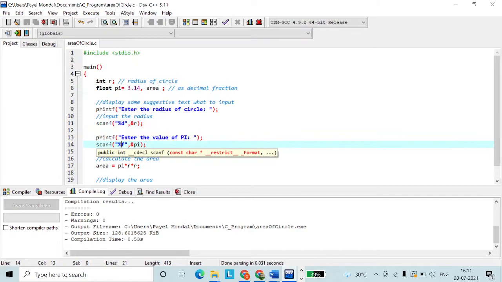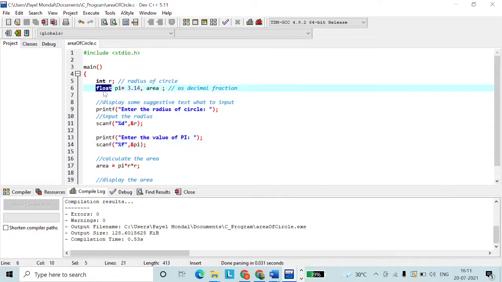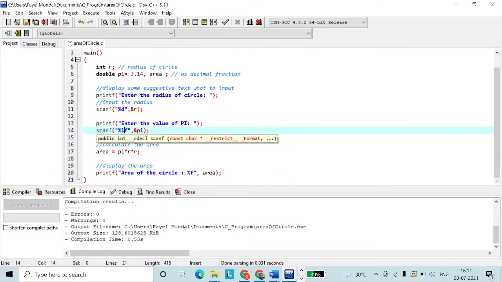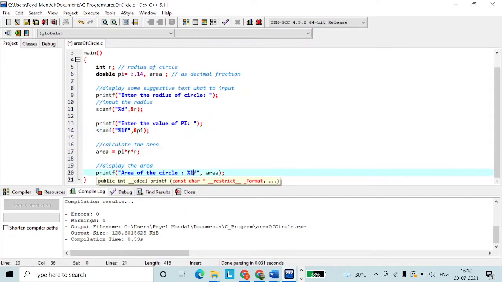For the format specifier, for double it will be %lf. If you want to change it, you can make it double and give %lf here.